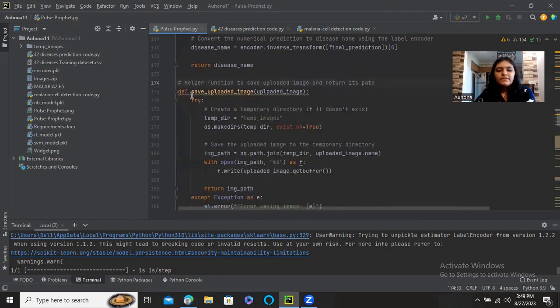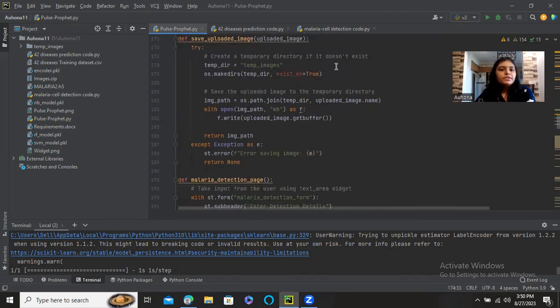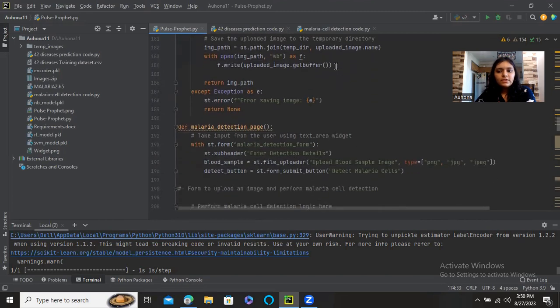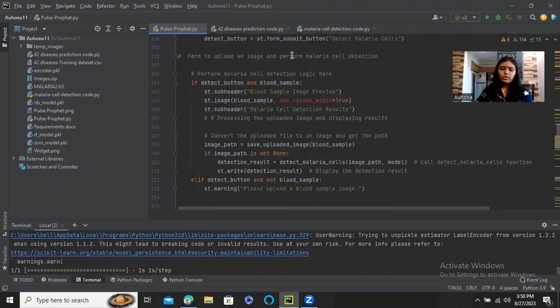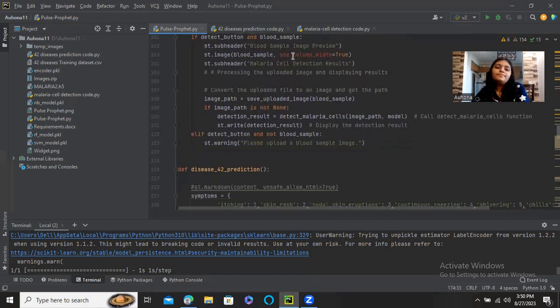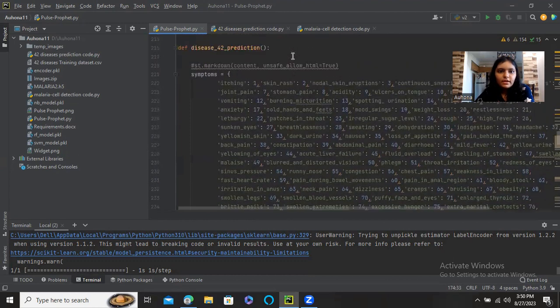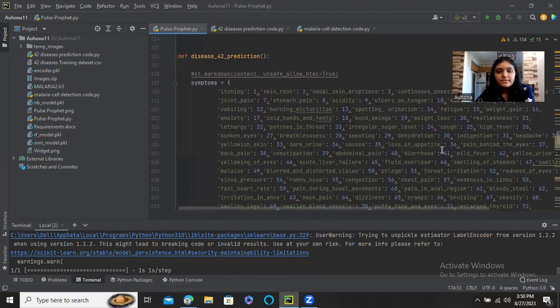And then this is the save uploaded image function, so you can upload your image here, and that's how users will do that. And then the malaria detection page, which is basically the GUI of the malaria detection, how it will work, the different buttons, and everything is here. And then we are going to the part where these are all the symptoms that are also there in my data set for 42 disease prediction,